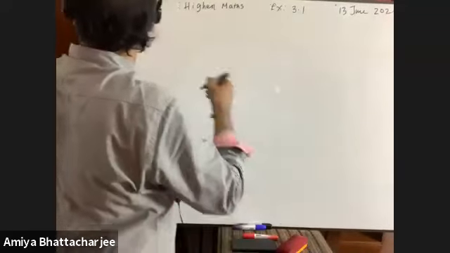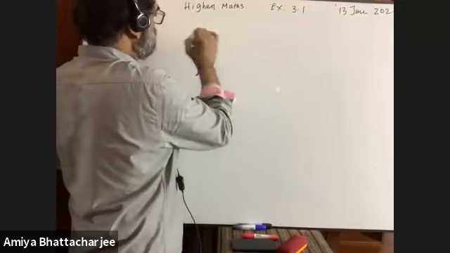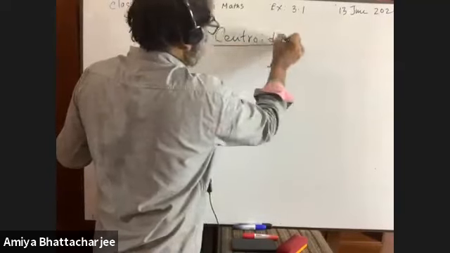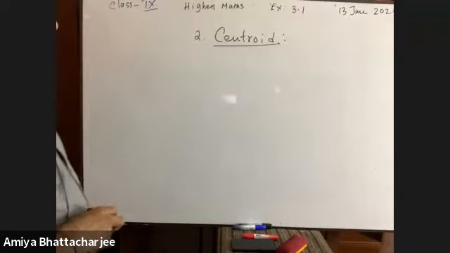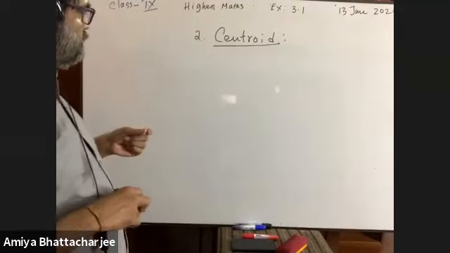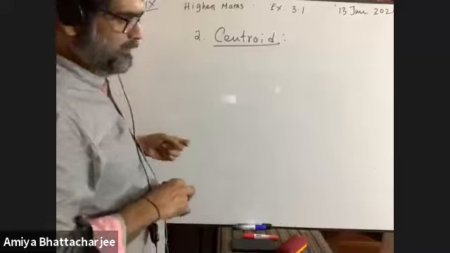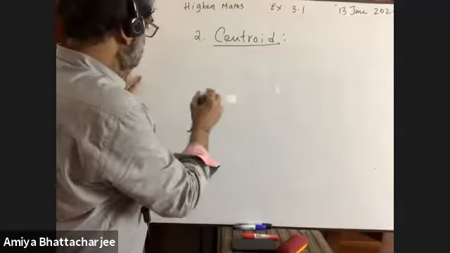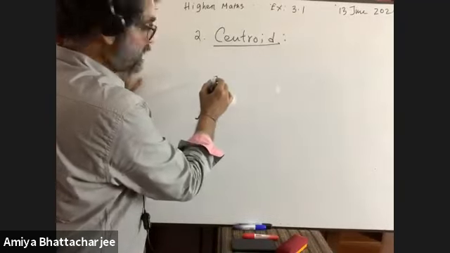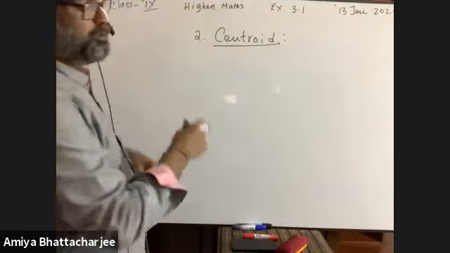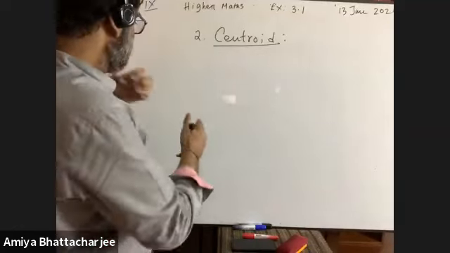Again, go for number 2, centroid. What is centroid? Sir, it means the 3 medians of the triangle intersect with each other. Okay, who are you? What's your name? Mubashir Hussain. Mubashir, roll number 8 on 8, right? Yes, sir. Okay, thank you very much. Do you remember that? Sir, do you know me? 8 on 8, yes, sir. Of course. Then how is it possible for me to tell you your roll number? Okay, sir.